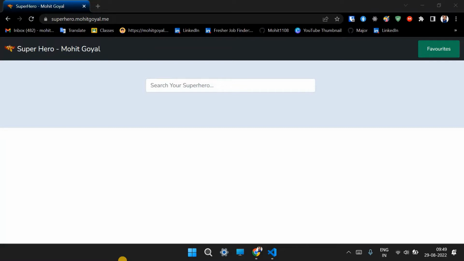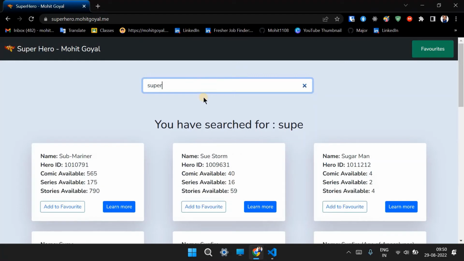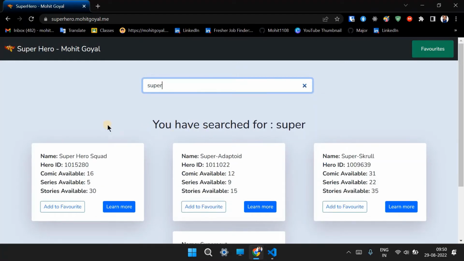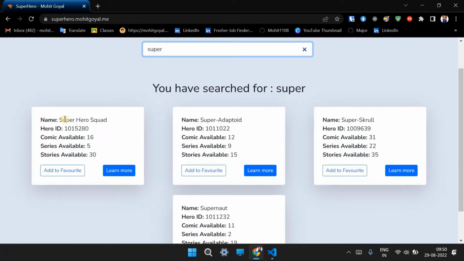Project, which is Superhero Hunter. This project is created using HTML, CSS and JavaScript. There is a framework used in this project, which is Bootstrap, for styling. This is a preview of my project, which has a navigation menu, a favorite button and a search bar. If I type superhero, it will automatically give me the list of superheroes which are